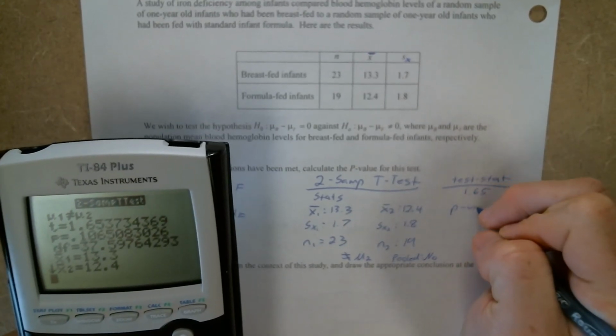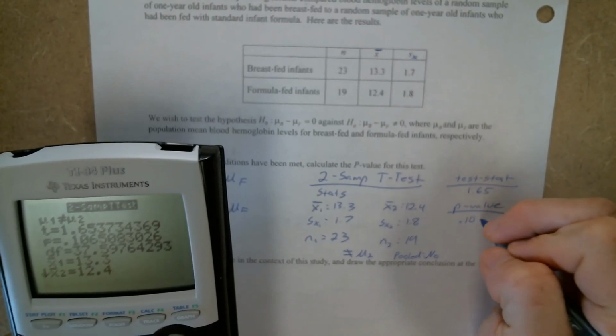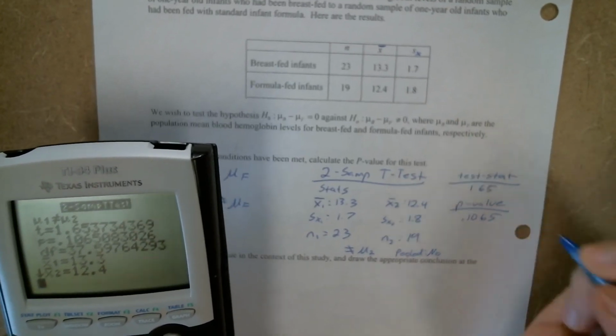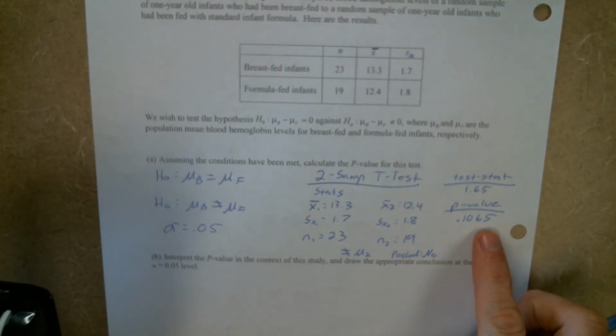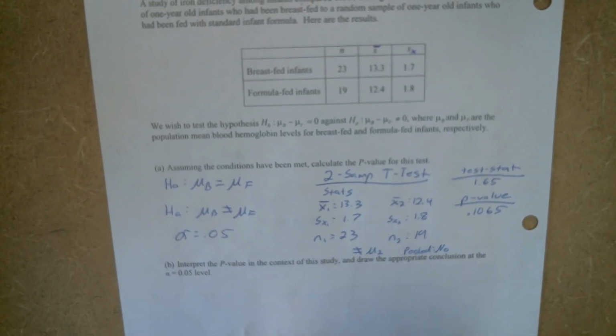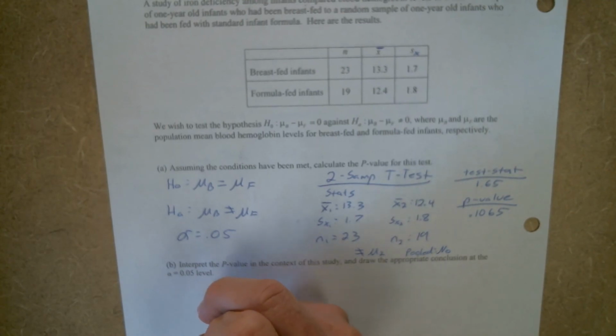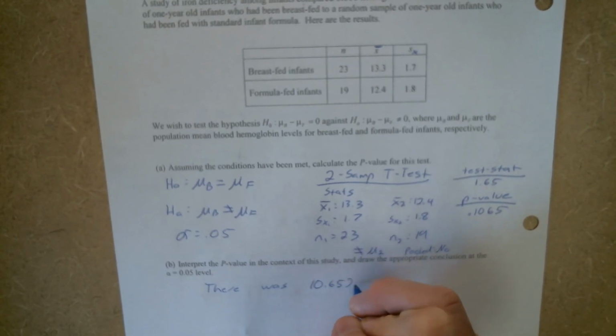And then the p-value that results from that test statistic is 0.1065. All right, so there's our p-value. It says, interpret the p-value in context of the study. Draw the appropriate conclusion at the 0.05 significance level. So what this is saying is there was a 10.65% chance